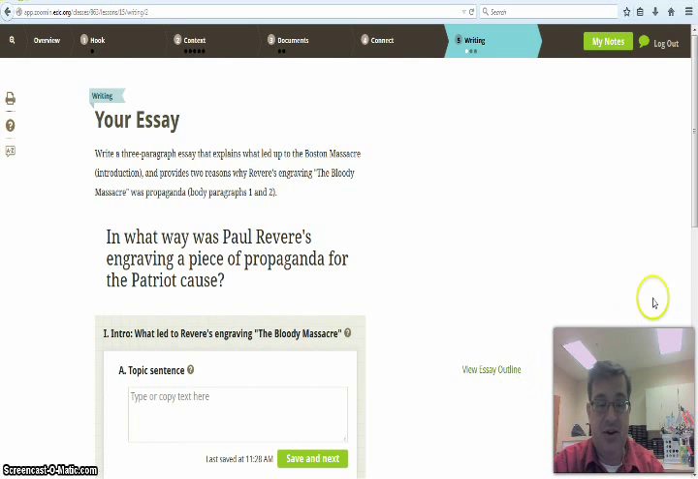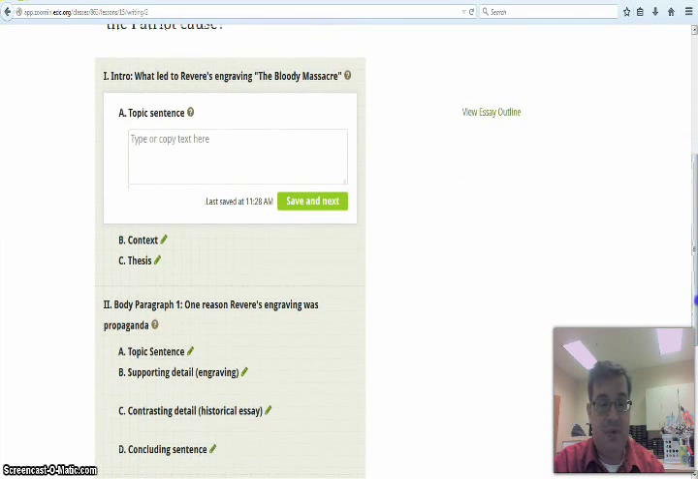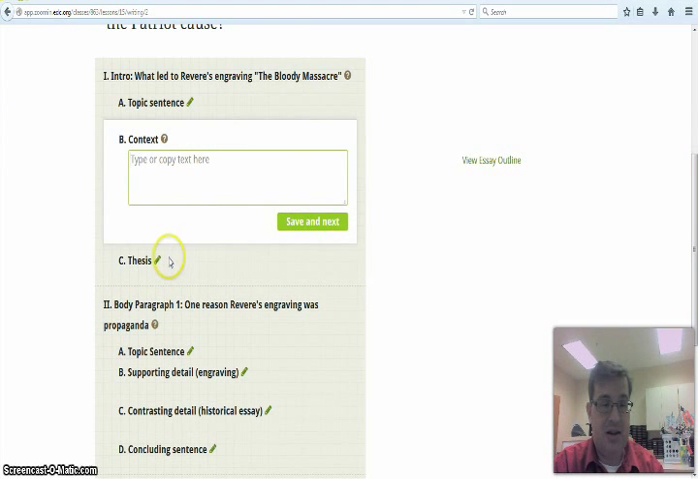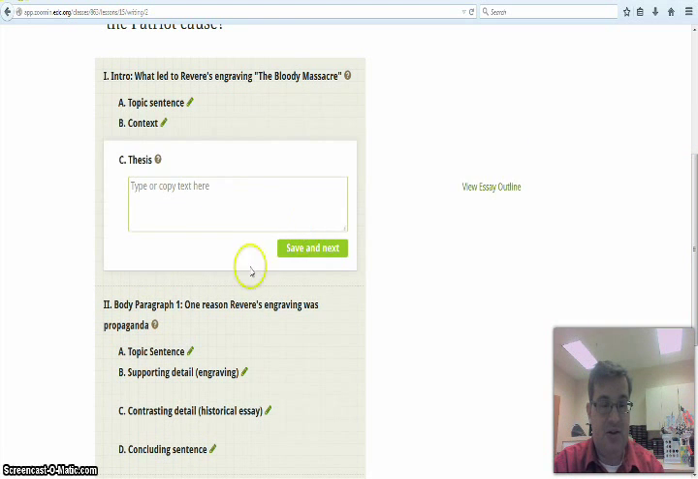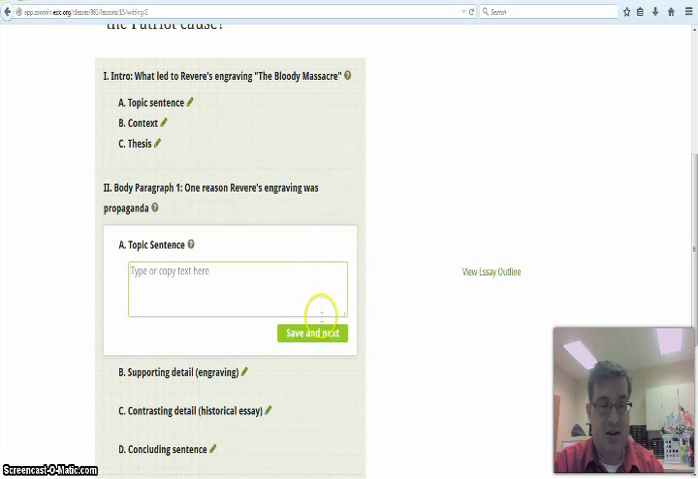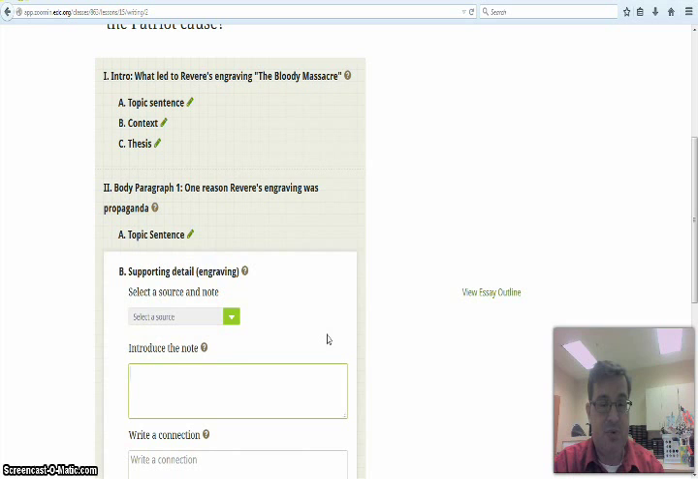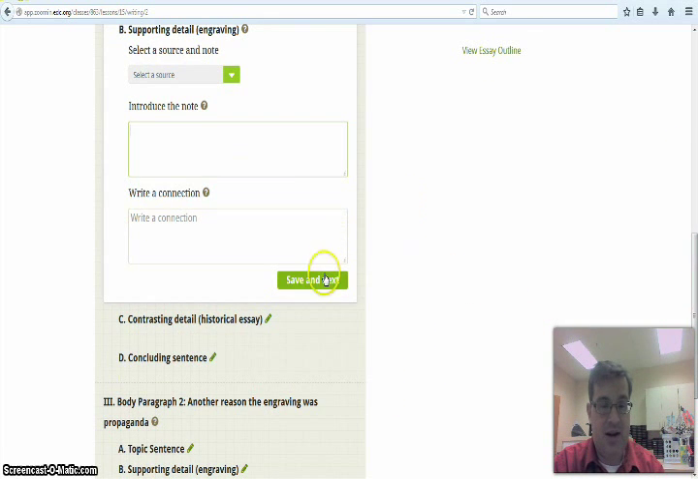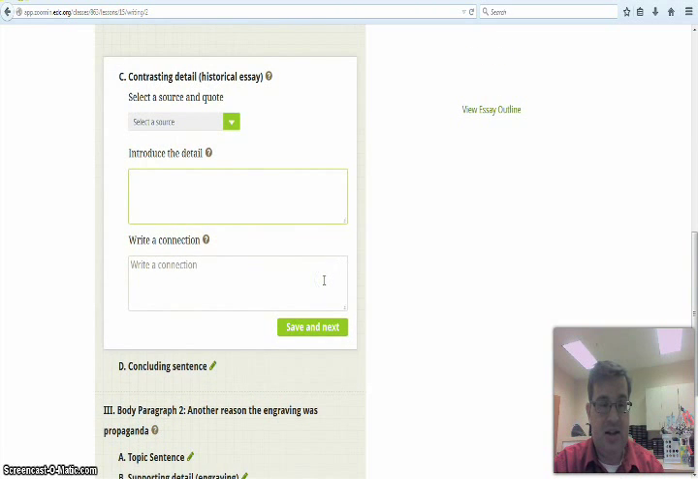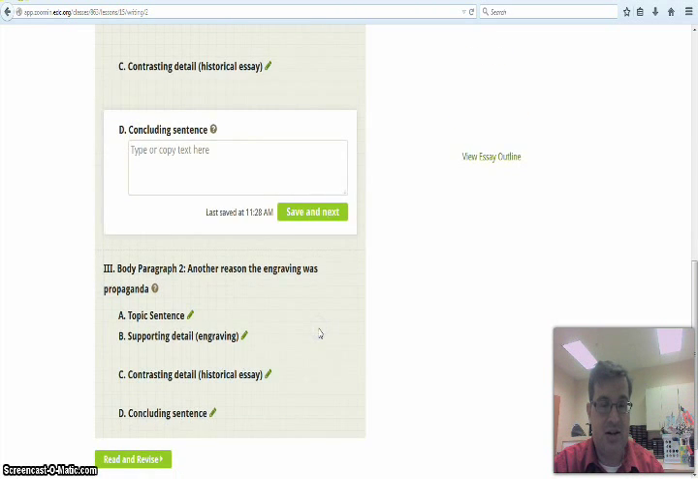So then you click on your essay, where you enter your topic sentence, your context, your thesis. For body paragraph 1, your topic sentence, supporting detail, where you introduce the note and write a connection, and then your contrasting detail, where you introduce the detail and write a connection. Your concluding sentence, where you type in your concluding sentence,